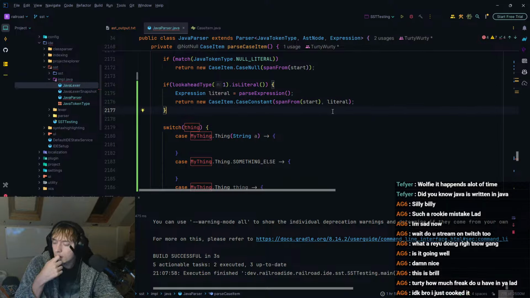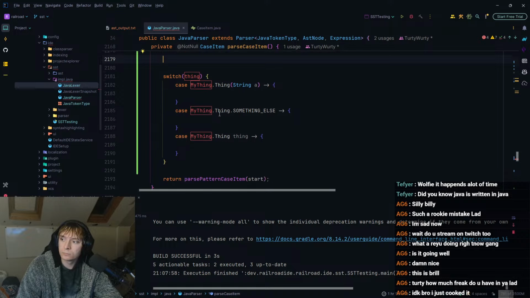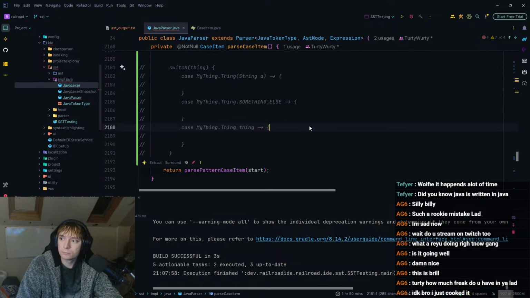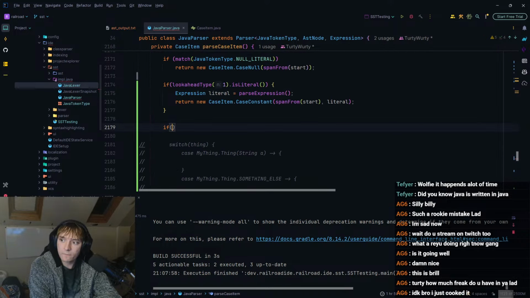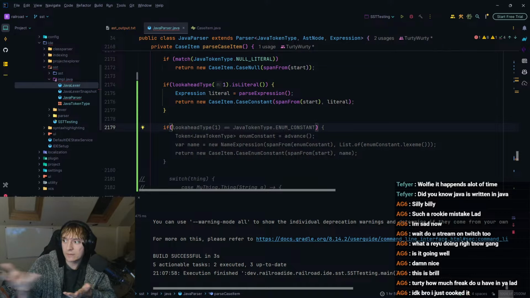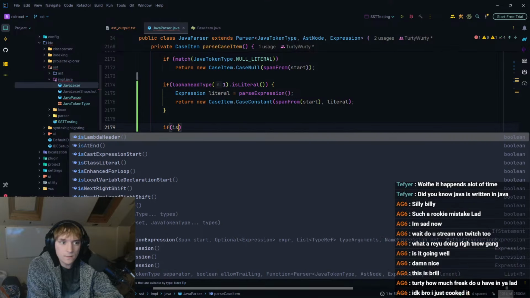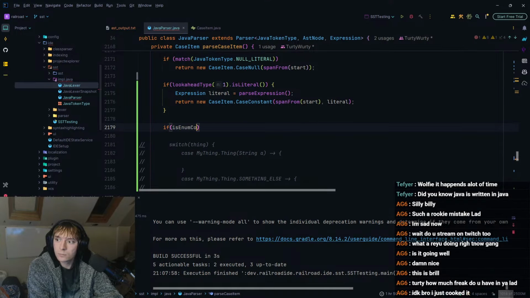And then the other thing I then need to do is I need to know, basically if it's an enum constant is what I need to look for. So how do I do that? Kind of hard to say. If is enum constant.